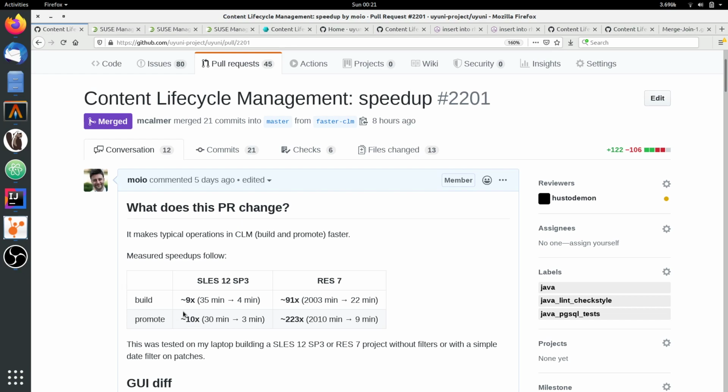What I will be talking about in this first video is 3 things. First of all, a brief introduction on content lifecycle management. What is this feature? What is it about? Second, I'll try to point out a general strategy for optimization work, in particular on the Java code base, which is what CLM is actually implemented in, and perform the first steps of such analysis, such strategy, in particular by